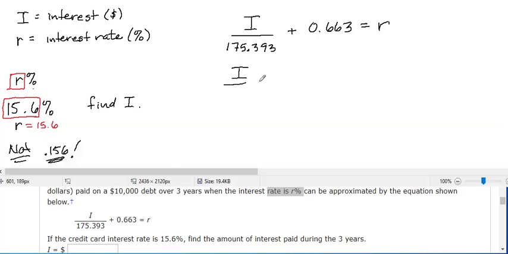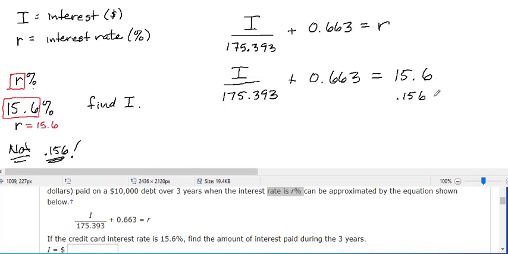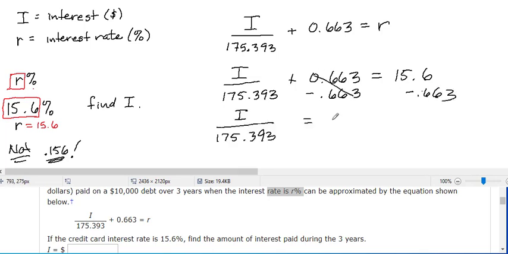So I have I over 175.393, plus 0.663 equals R. Okay, now just notice how different this would be to solve if I put in R in the wrong format. Having this equation equal 0.156 is very different than having it equal 15.6. So when I say it's important to read the question, I mean it. To solve for I, I have to get rid of the 175 and the 0.663. Subtract 0.663 from both sides,